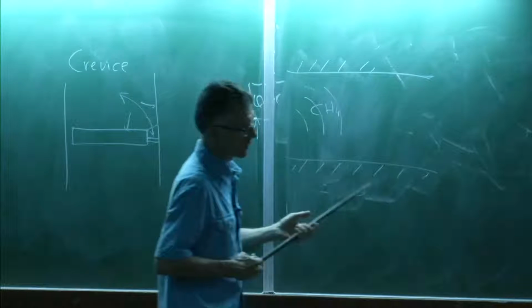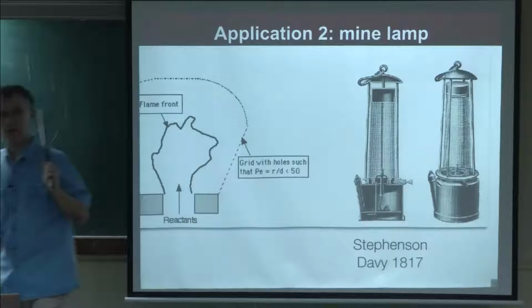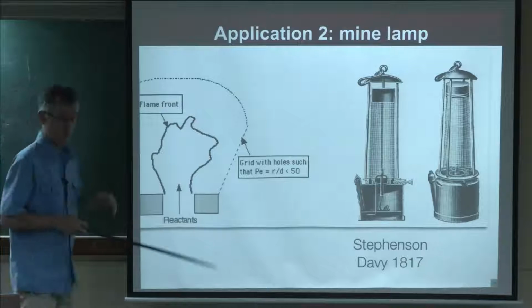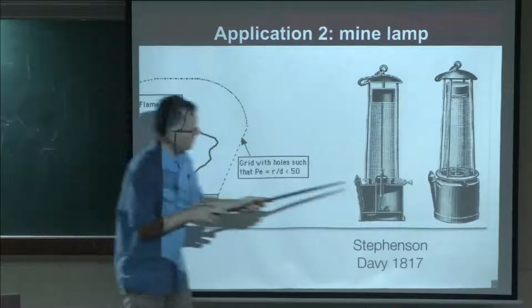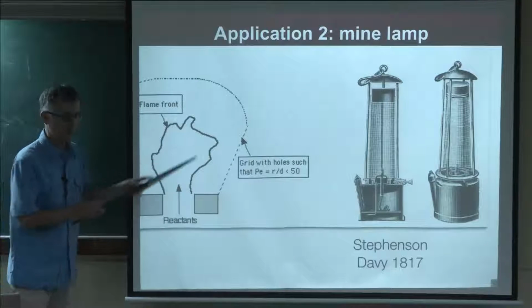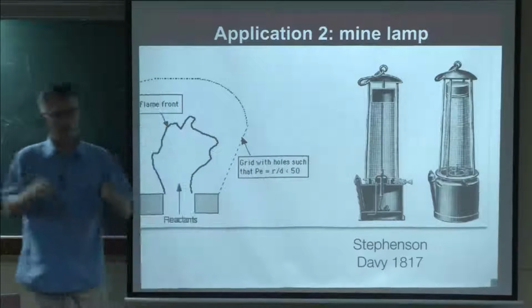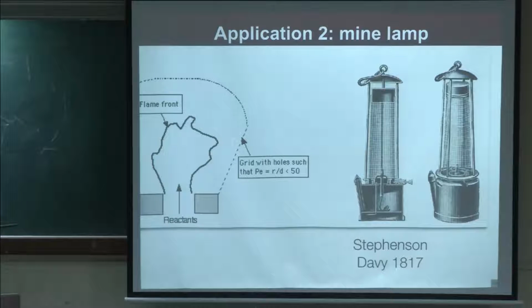So one guy, Davy here, as you can see, in 1817, Davy was a lord, an English lord. I know you like that here. Davy took a patent on this system, and then he wrote a paper on that. The system was basically this flame that you can see here. The principle is written here. You put the flame to have light, and then around it, you put a small grid, which is big enough to let the light go out, but small enough so that the flame cannot go out.